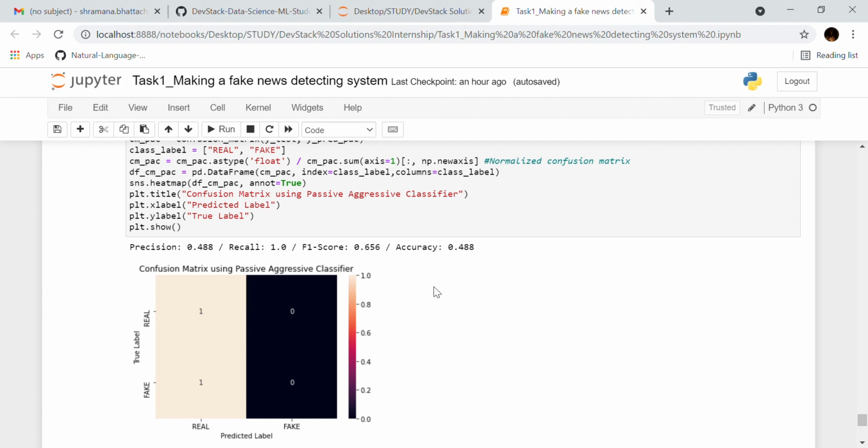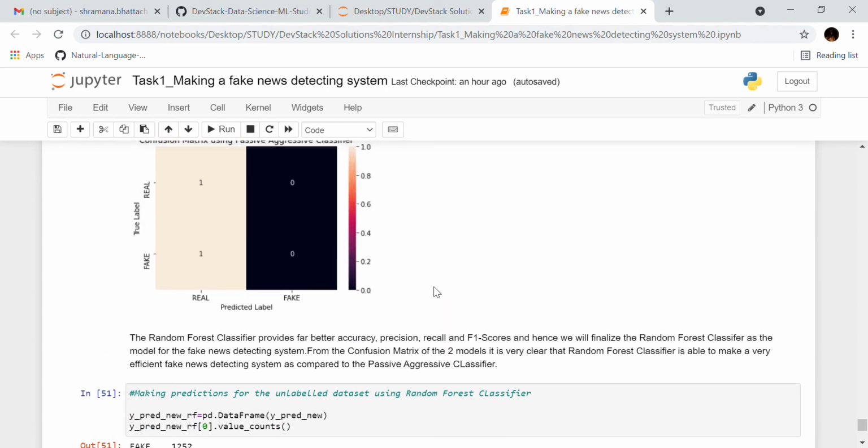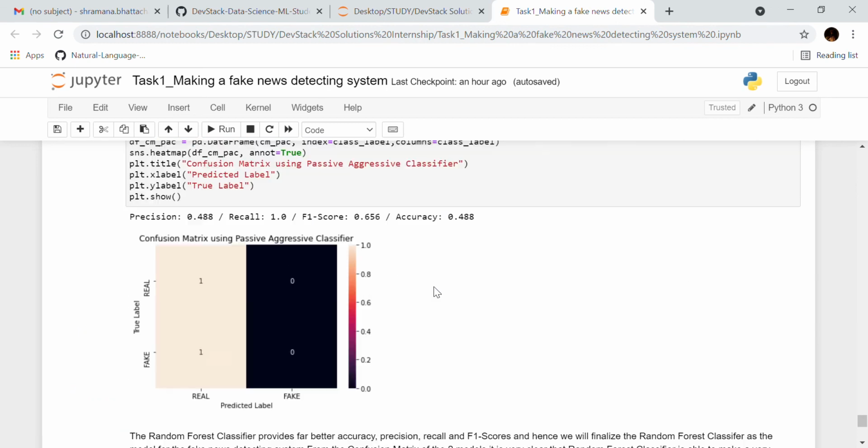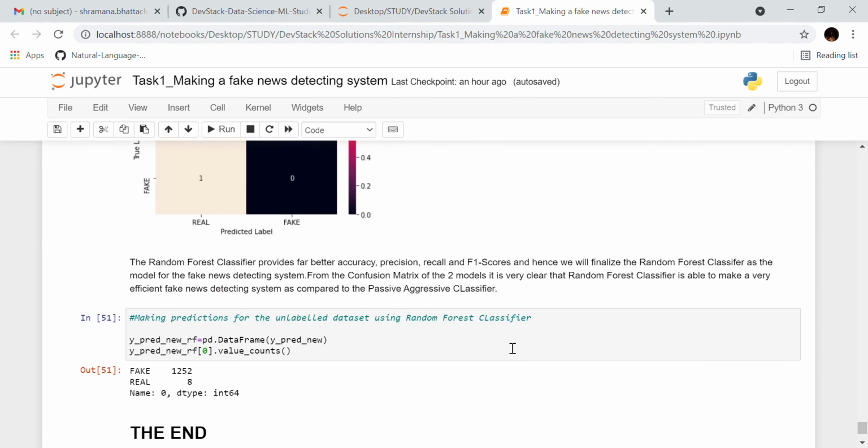So that is very high, but that is not enough for us because we can see the corresponding other things. Accuracy and precision are not good, right? And F1 score, what is it? It is the weighted average of precision and recall, which is okay here. But since we have got a better model already, that is the random forest classifier, we'll use that only. In the confusion matrix also, we can see the real is 1, it's predicting the real ones very properly, but the fake, you see, it's 0, right? Which is very poor.